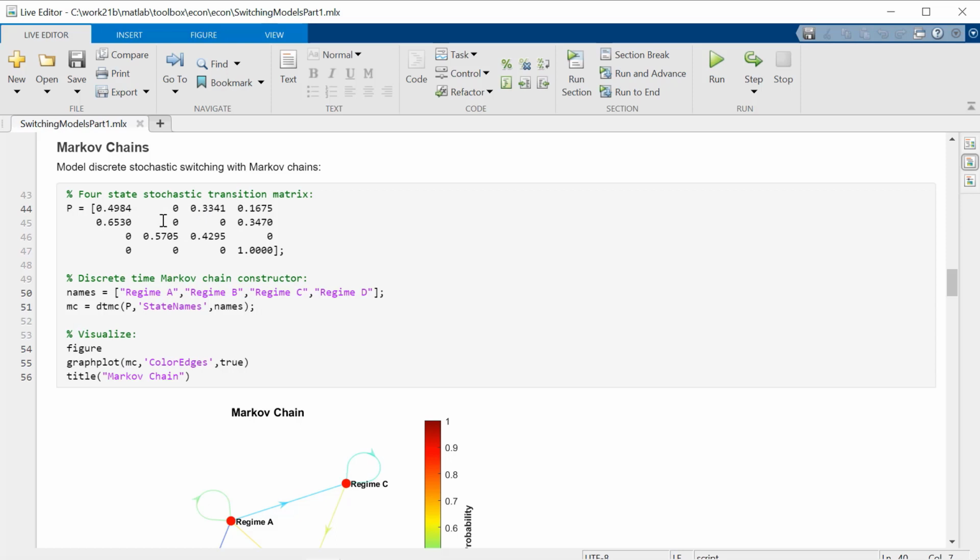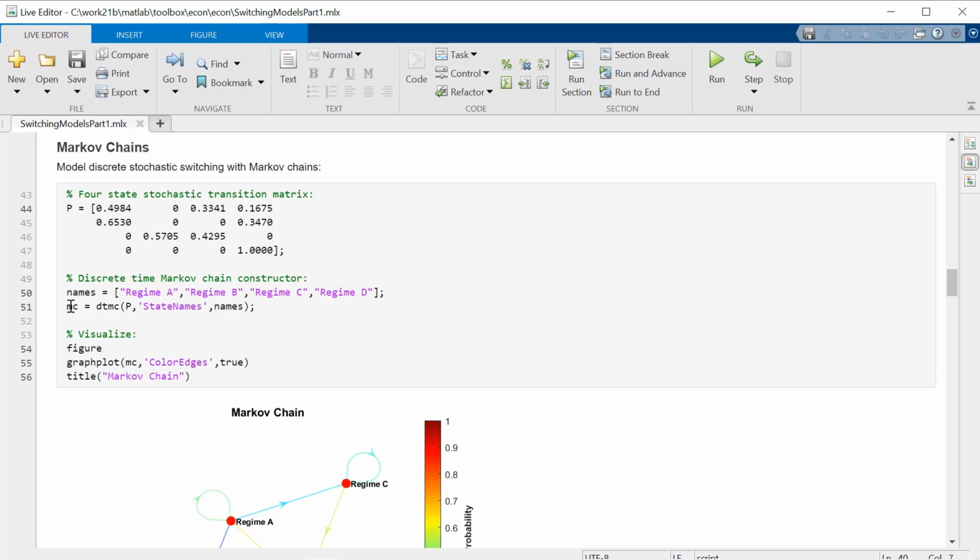from state 2 to state 1, state 2 to state 2, state 2 to state 3, etc. Here you put together these probabilities of transition among the different states, and you then use the DTMC constructor, as here, to input your transition matrix, and then again, different parameter value pairs that help you describe your Markov chain. Here we'll give names to each of the states just to demonstrate a particular parameter value pair.